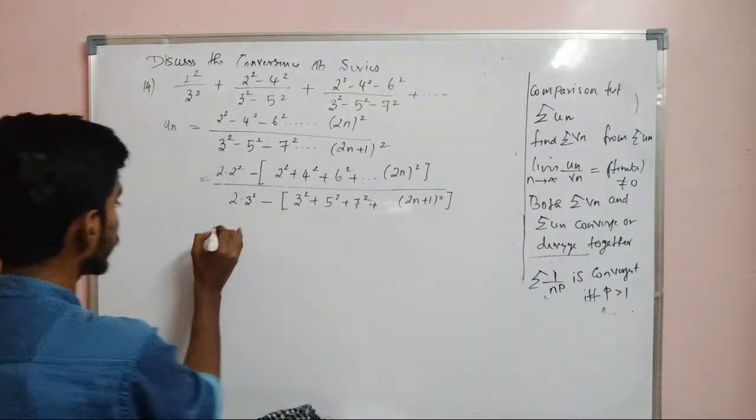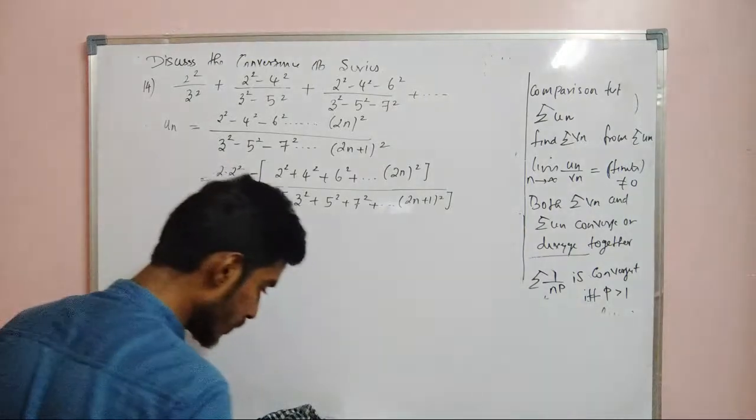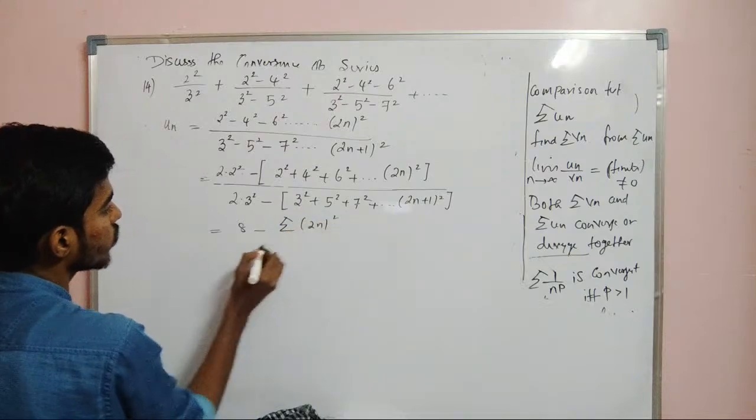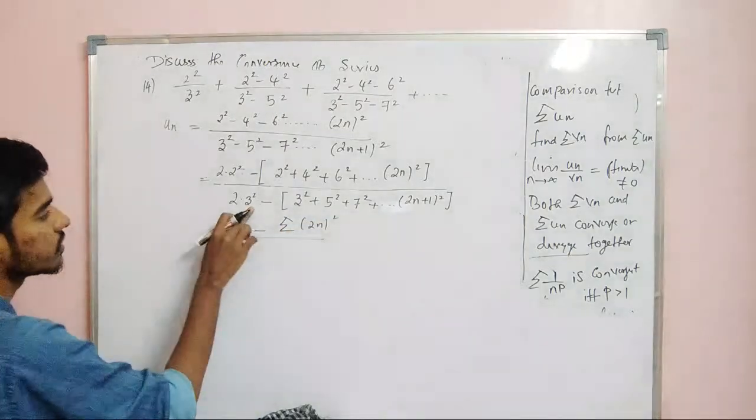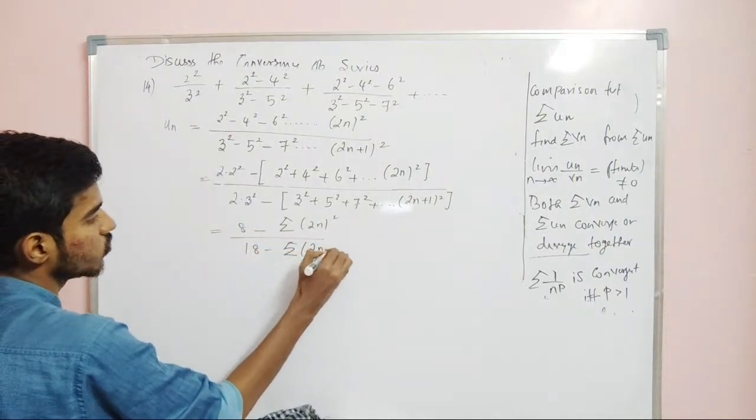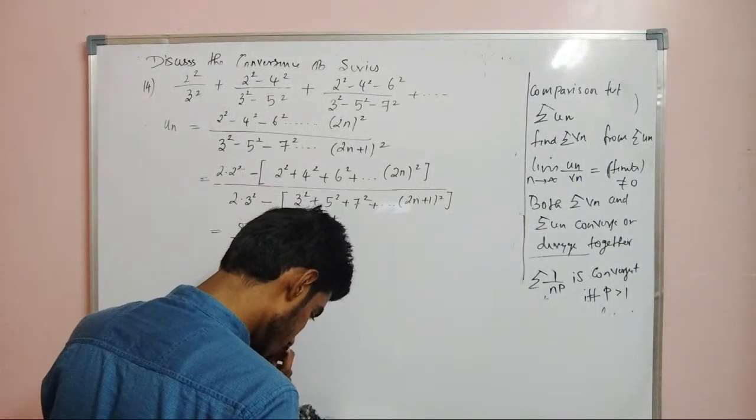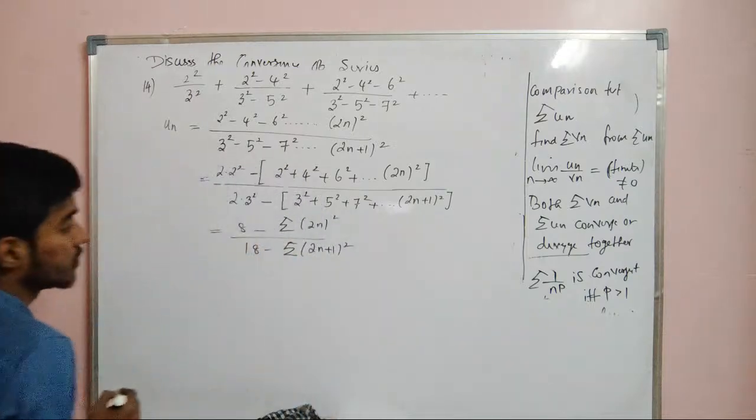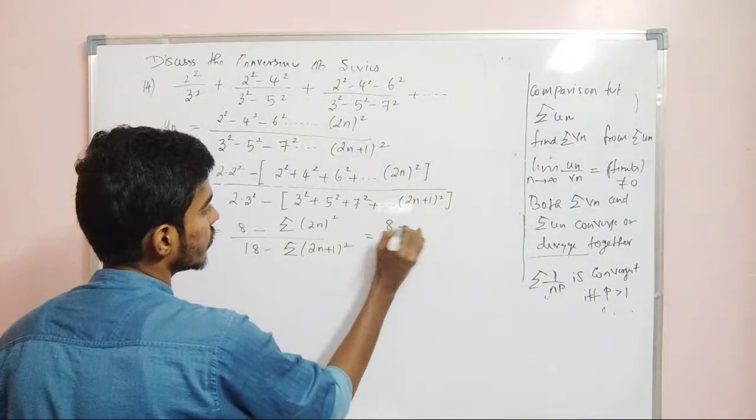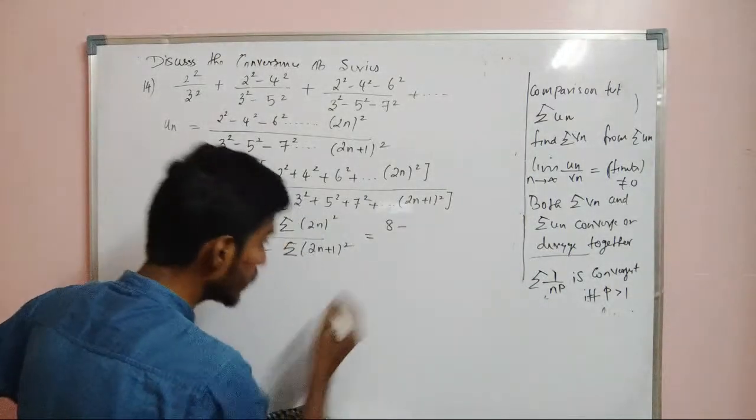Now I can write this as, so 2 into 2 square is 8. So 8 minus summation 2n whole square divided by, this is 18. So 18 minus summation 2n plus 1 whole square. Right? Yes. Now this is equal to 8 minus, so if I take 2 square outside, this will be 4